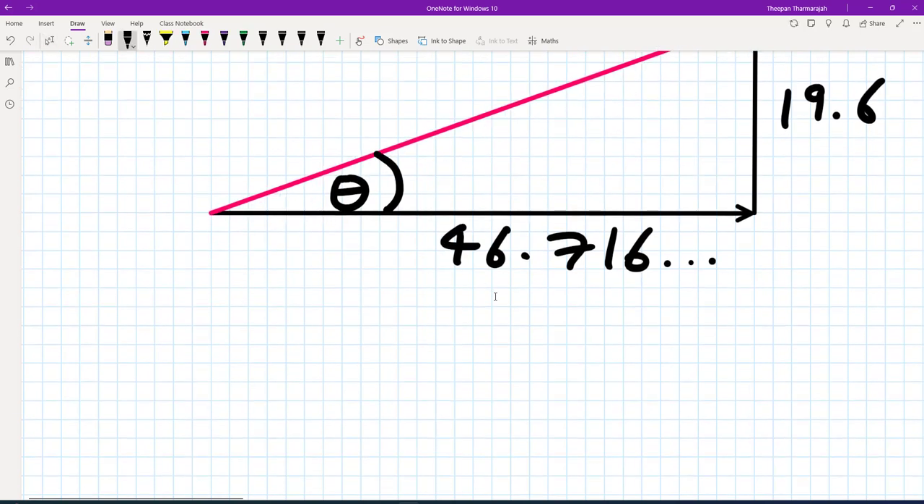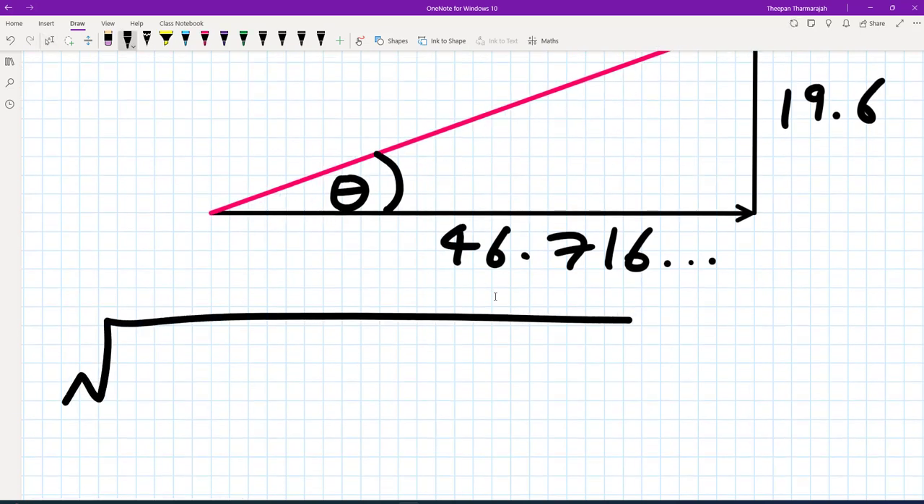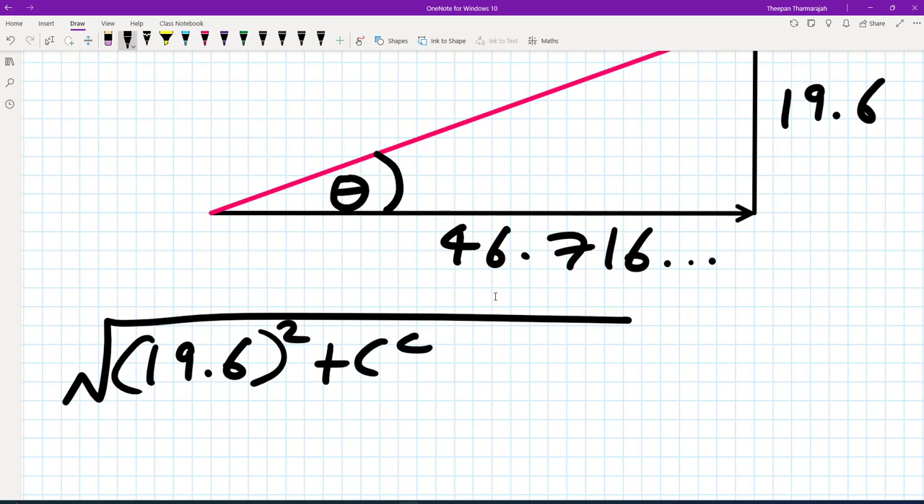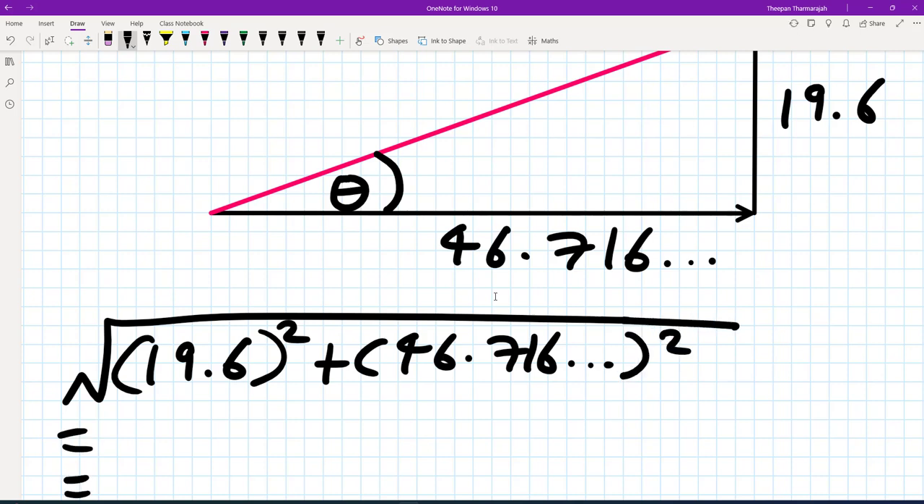So we can use Pythagoras. So let's do that here. That's 19.6 all squared plus 46.716 and so on all squared. Let's write the value out and then round. So we get shift 19.6 squared plus 46.71674083 squared, square rooted, and that's going to give me the following: